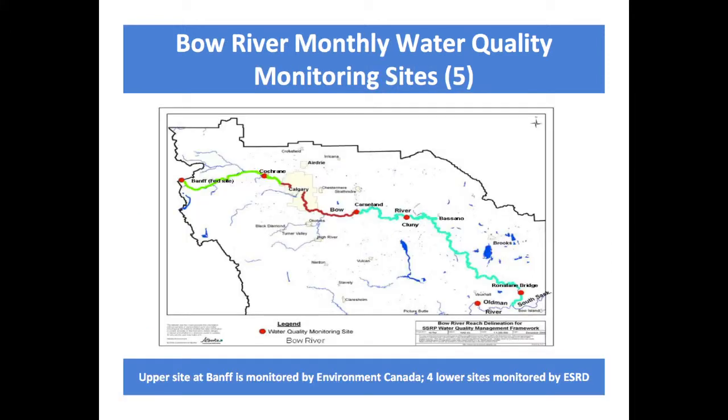Now, Alberta Environment, as you know, and SRD, pardon me, have been monitoring water quality at various sites across the province for a long time. In the Bow River, there are 5 water quality monitoring sites. There's lots more monitoring going on in the Bow River. The city of Calgary has many monitoring stations, and there is some other monitoring as well. But in terms of Alberta Environment, there are 5 monitoring sites, which you can see here. We're looking mainly at that reach marked in red, from basically the Bearspaw Dam to Bassano Dam.